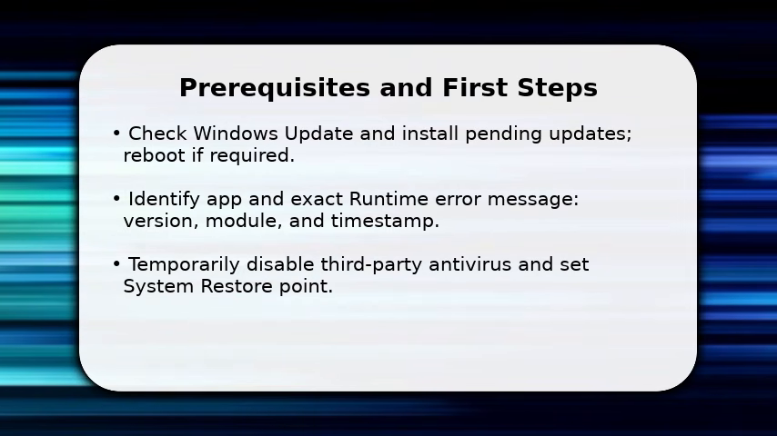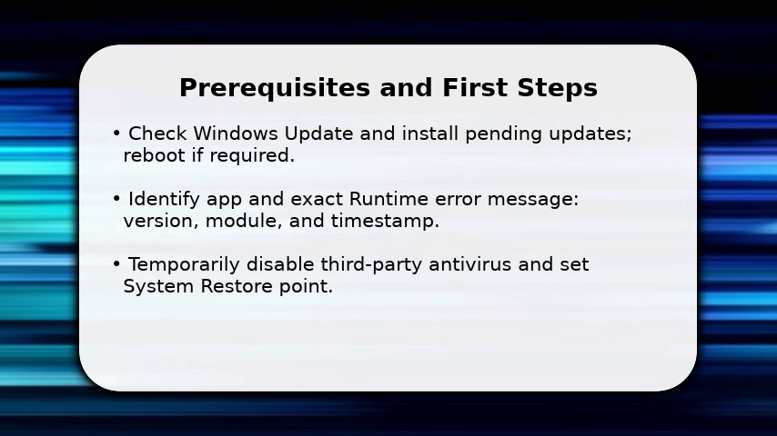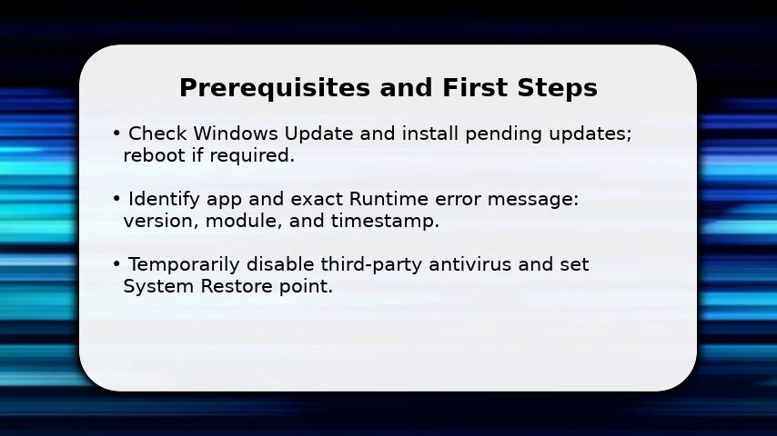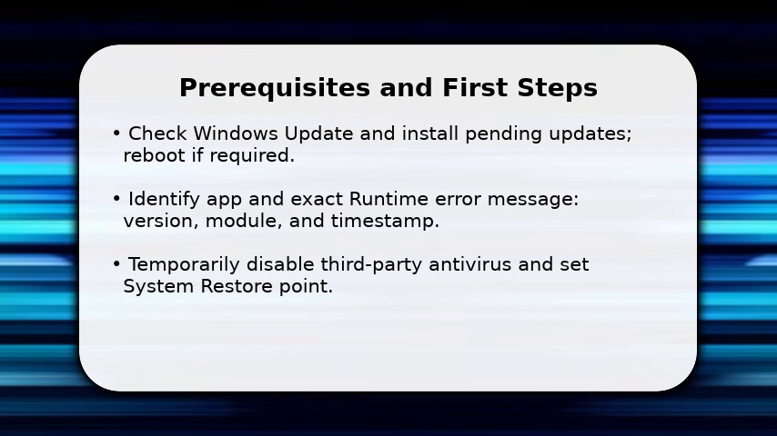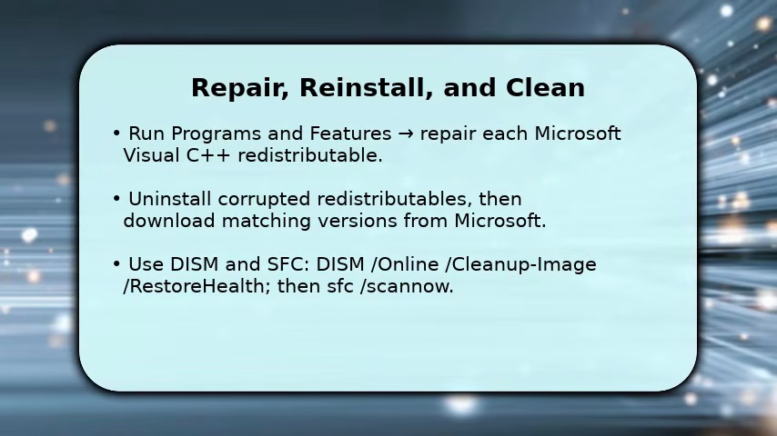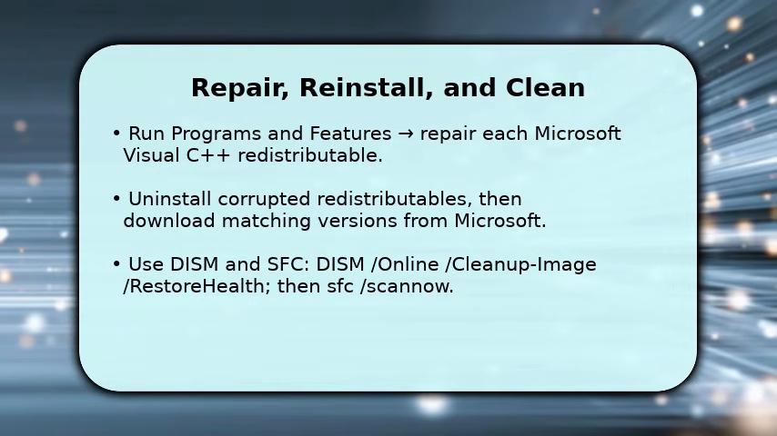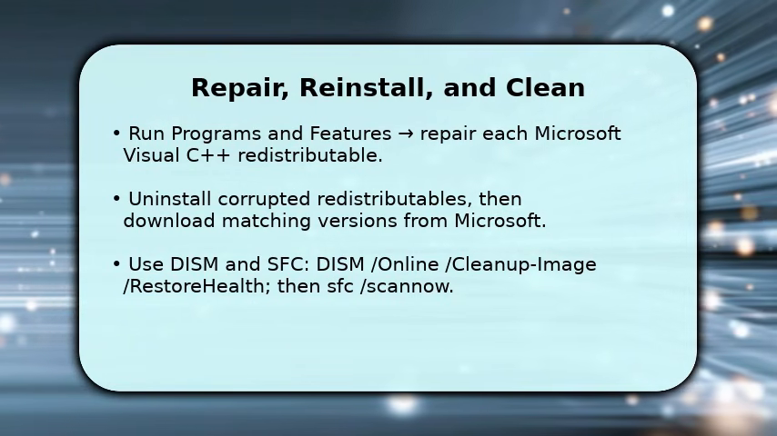Next, temporarily disable third-party antivirus and create a system restore point so you can revert if an installation goes wrong. These steps reduce variables and let you run installers and repair tools without interference while keeping a rollback option in place. Now you perform repairs and clean installs, open programs and features, and attempt the repair option for each listed